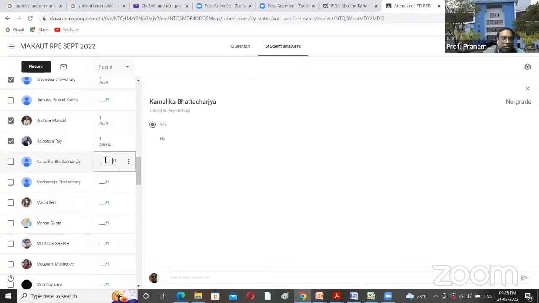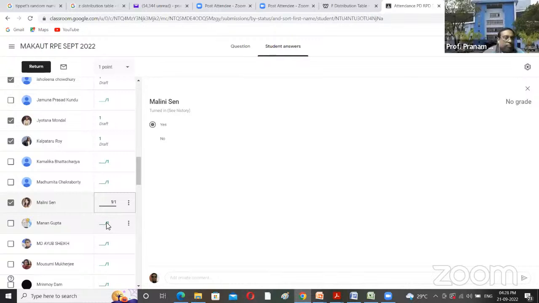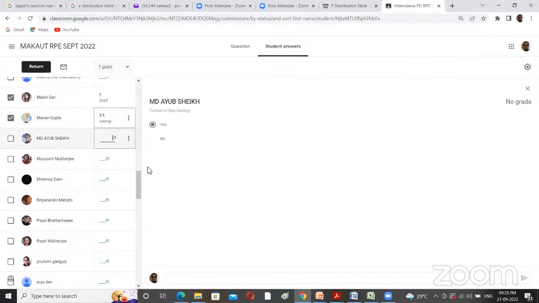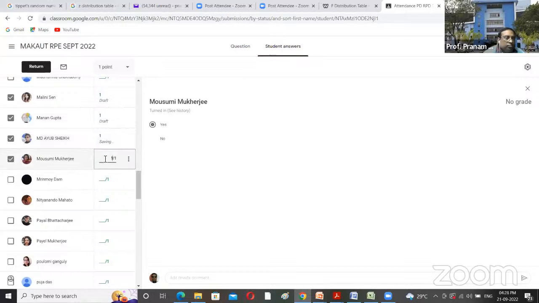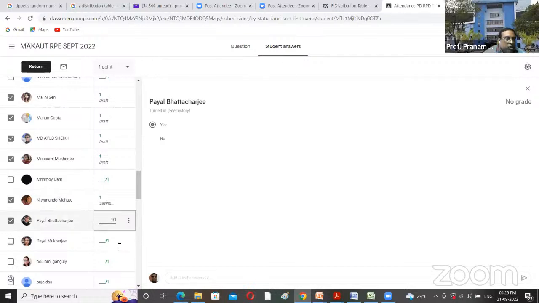Kamalika Bhattacharya. Kamalika is not present. Madhumita Chakraborty, not present. Malini Sen, yes sir. Manan Gupta, present, sir. Ayub Sheikh, present sir. Mausumi Mukherjee, yes sir, present. Minmoy Dam. Minmoy Dam is not present. Nilayendu Mahato, yes sir, present. Payal Bhattacharya, yes sir, present. Payal Mukherjee,